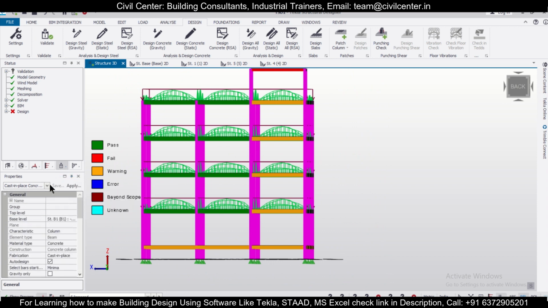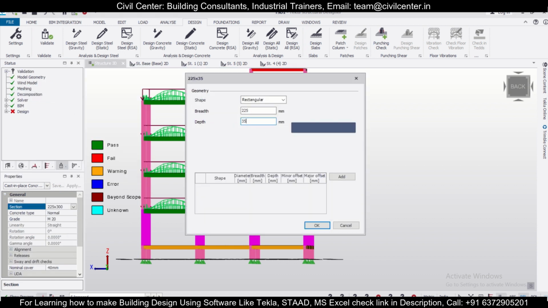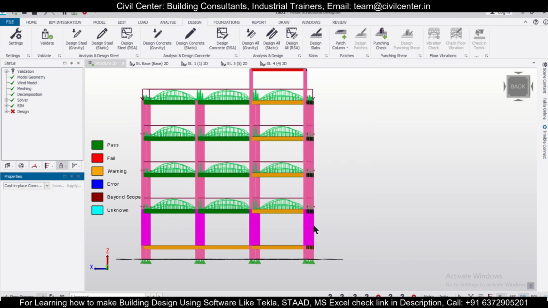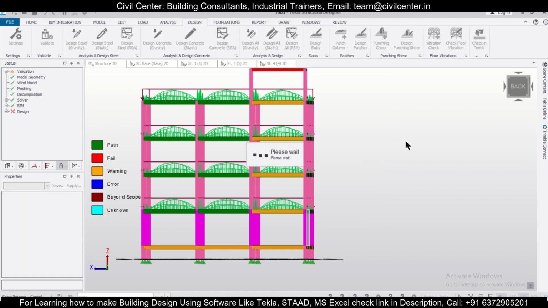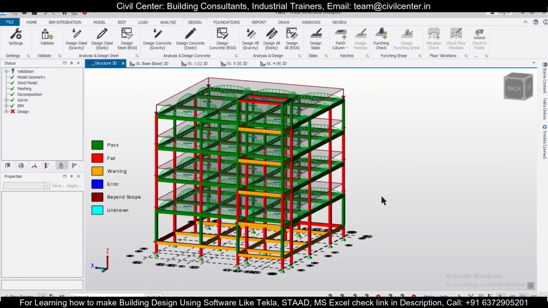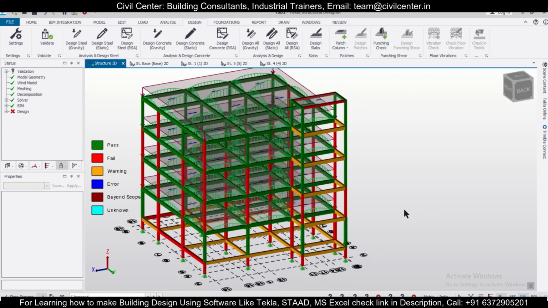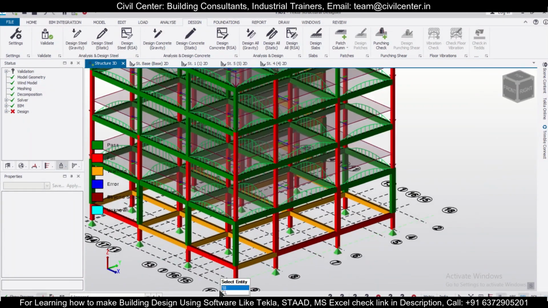Here select this column stacks, and then go with this 350, and then right click and then design selection static. So now we have some better picture here. So let's now try to make one of the columns pass here.